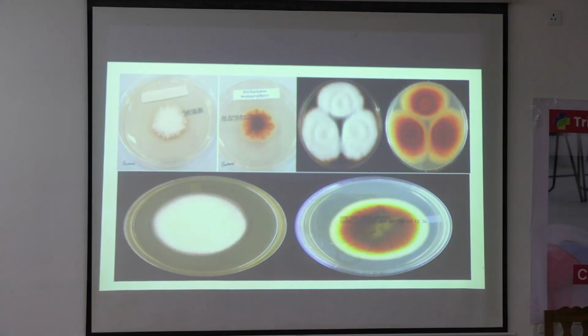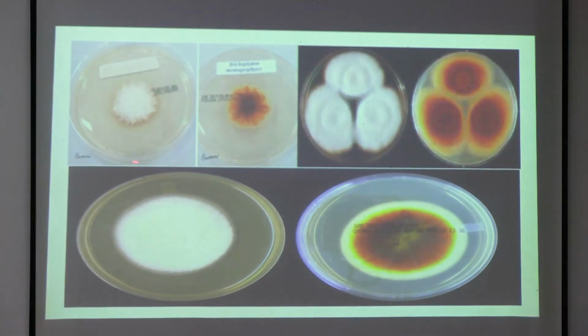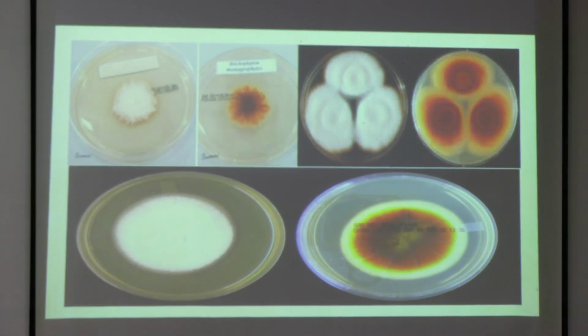We see the pigment produced in the reverse, behind the growth. Can you see it's a very different color, an orangish pigment. And here what kind of texture is it? It is powdery. Okay. Can you see? The reverse has a different color. This is how we check. This is the reverse, this is the front. Clear?